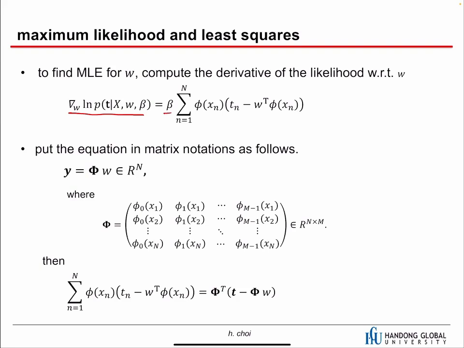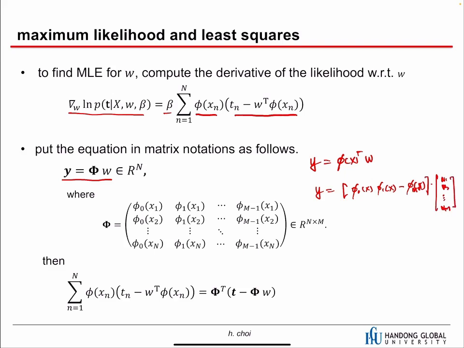Then we have beta and phi and this difference. Okay. Then we put the equation in the matrix notations. Y is phi w. If we have one sample, then y is phi x transpose w, right? Then this one is a vector and the w is a vector too, so y is simply phi 0 x, phi 1 x, and phi m x times w1, w2, and wm. Okay, this is